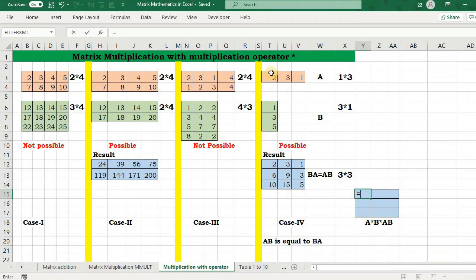Like I'm multiplying this, say, with this and with this. I'm just maintaining the identical behavior of all the matrices, and see, even in this case multiplication is possible.